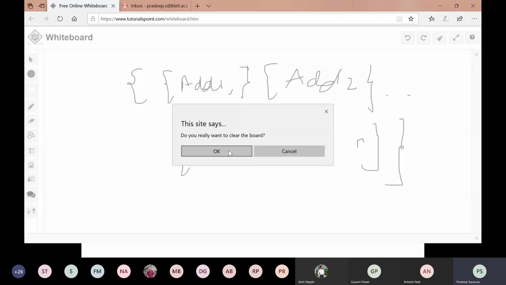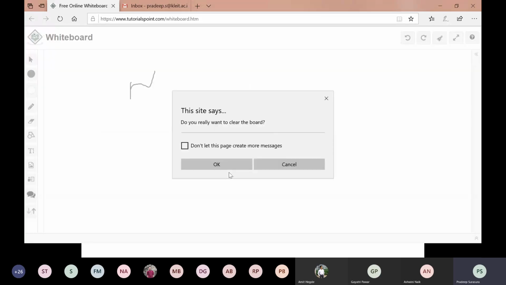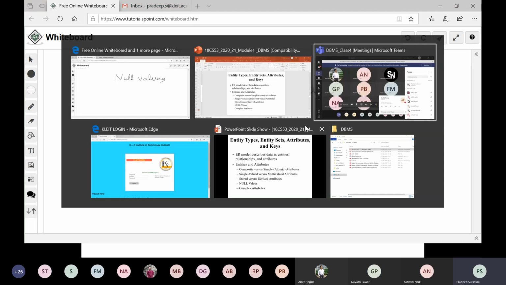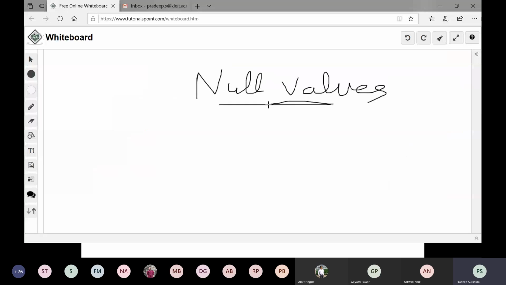And finally, I have null values. Null, N-U-L-L. Null values have a specific meaning in databases. So, what do you mean by null values? Null has specific different meanings.